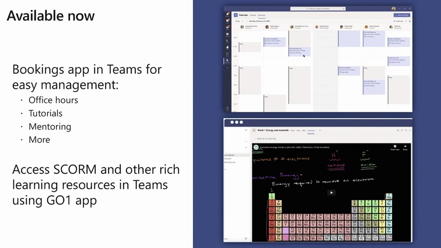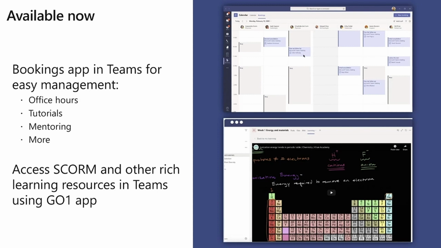So there's a lot of different scenarios we can address using bookings. And finally, going back to my previous example, Go One, that's the SCORM, right? This is just one example. You don't need to be using SCORM, but if you're evaluating or using Go One, it's likely we would recommend that application. But basically, if you see at the bottom screenshot, and I'm sorry, I guess it's low resolution here, but basically what we did is adding a learning tab into my class to bring relevant content to that class. And here we're bringing a video from Khan Academy.